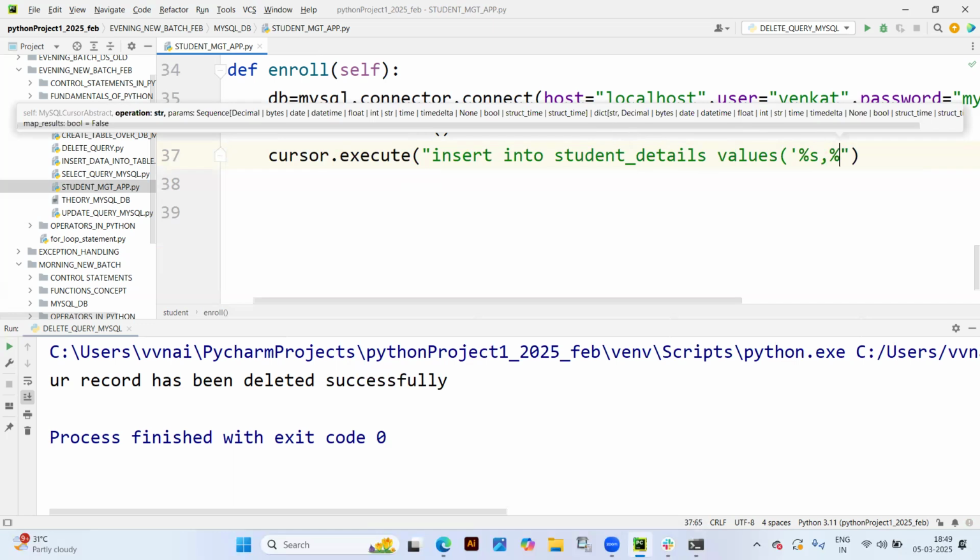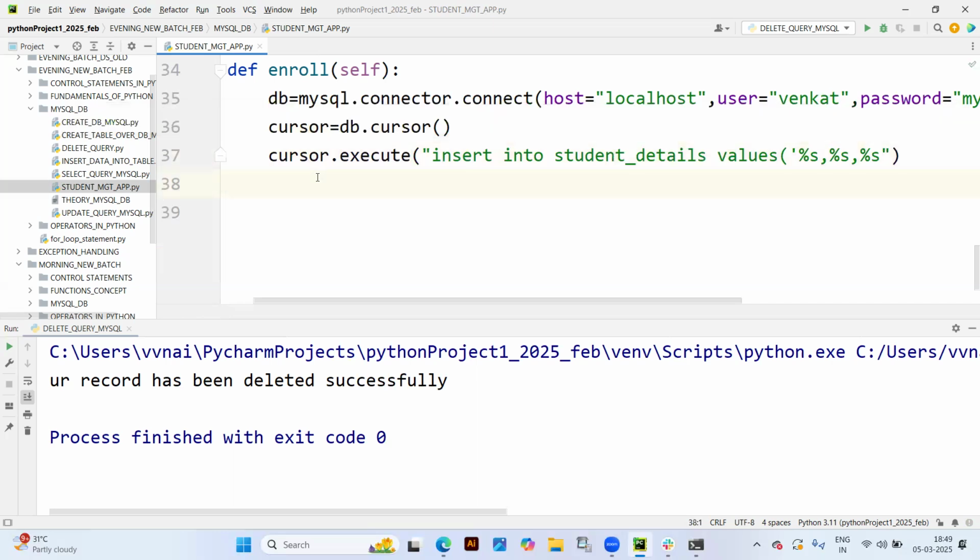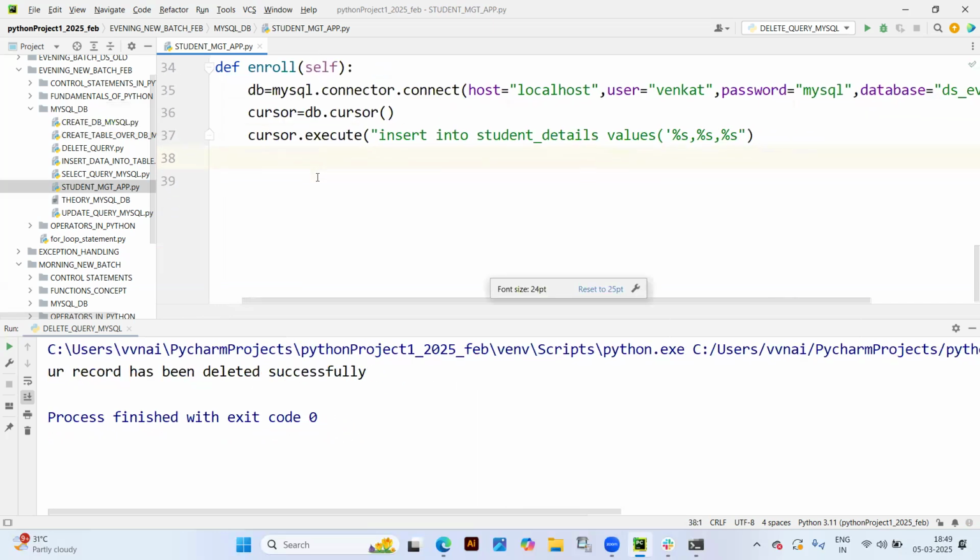Three particular elements are going to be there. Percentile s, and as well as percentile s. So three strings are going to be there, here we're supposed to write the percentile string, comma,